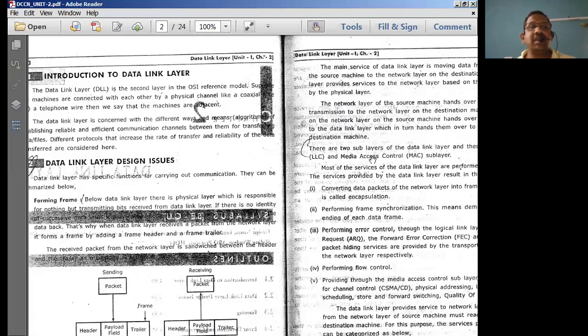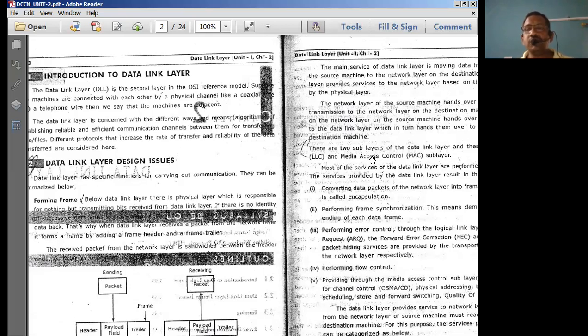So what we're discussing here is the data link layer. Most importantly, the last three layers, known as physical layer, data link layer, and network layer, are very important layers, which are normally used to do many manipulations on the data coming from the application layer.